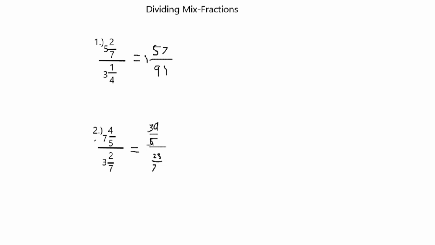Okay, now let's do the keep, change, flip once again. Let me just delete a few things. So we got this up here. There you go. Cancel this in the denominator and then multiply across. So 39 times 23. This is pretty much big. You can pause the video and do this or use a calculator. But I'm going to do the normal way because I'm normal.